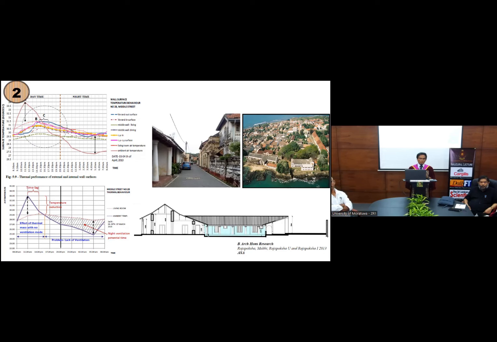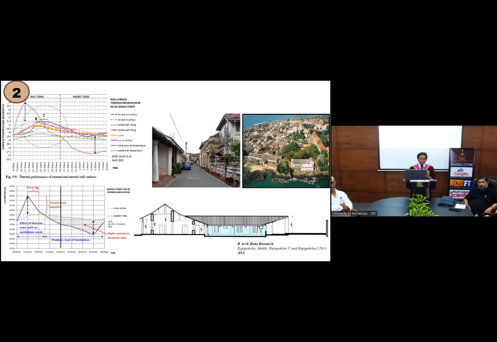But these houses are not ventilated at night. As you can see in the section, the building form's internal volume is sealed, so there is a clear roof on top, but they are not designed for night ventilation. But in the graph at the bottom, the straight line shows the peak of the ambient temperature, while the dotted line shows the internal temperature, which is moving well below ambient level.